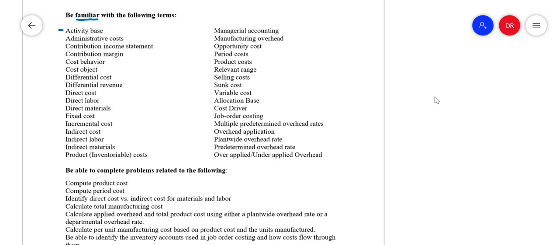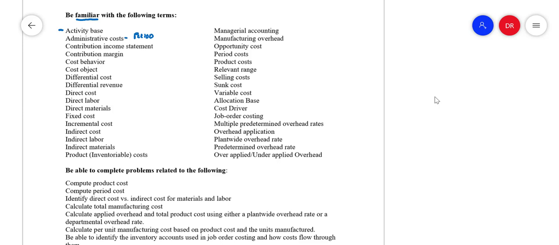So that's an example. Anyway, the terminology here is stuff we've worked with for the first three chapters. The first one, activity base, administrative costs. Just know that these are not product costs, they're period costs. So they're period costs, which means they're not assigned to a specific product, but they occur every accounting